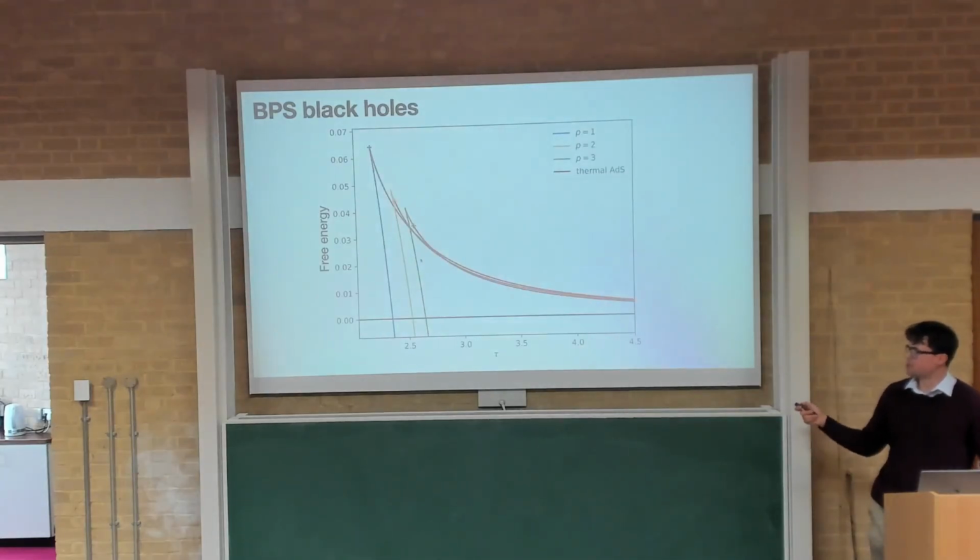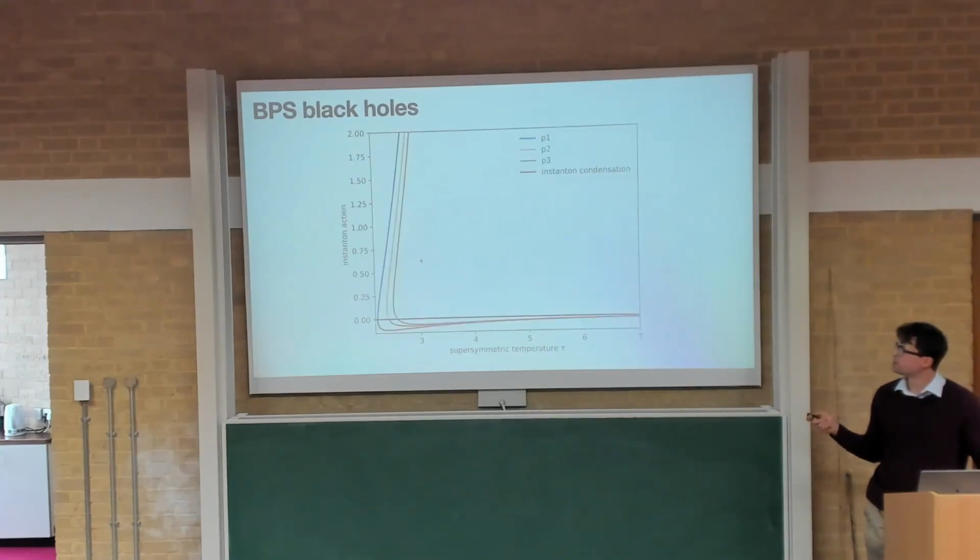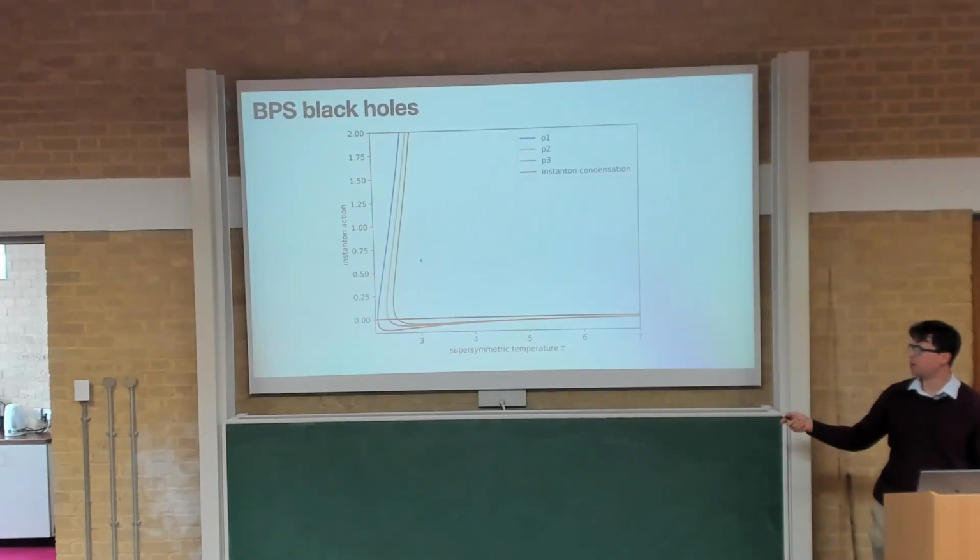So these are the three truncations shown next to each other for comparison. So I think this shows that the instability is persisting even though it's moving away from the cusp a bit. And then this is the instanton action itself against the supersymmetric temperature. So you can see that when the action goes below 0, then instantons begin to condense and multi-cut saddles dominate.